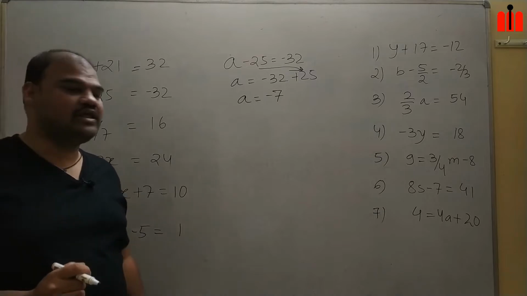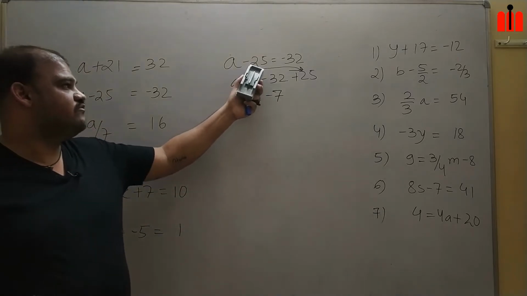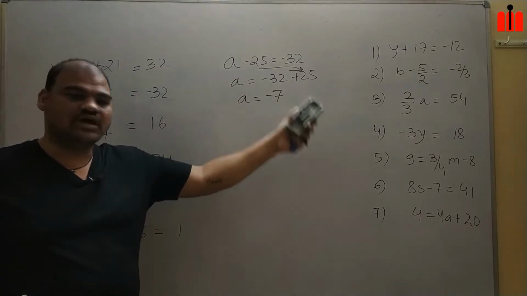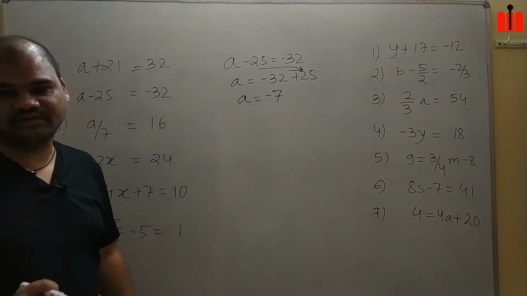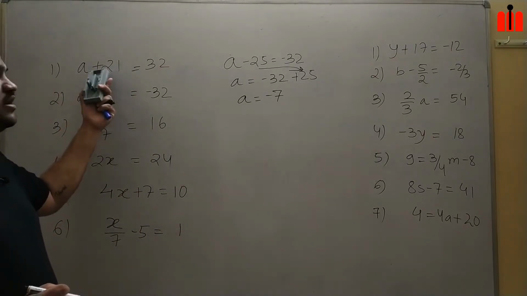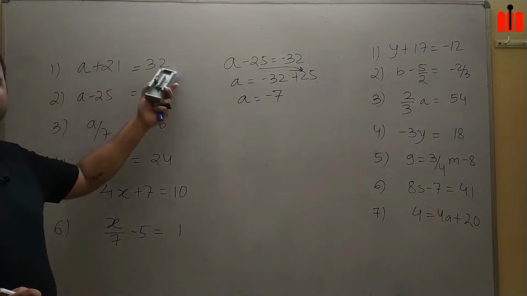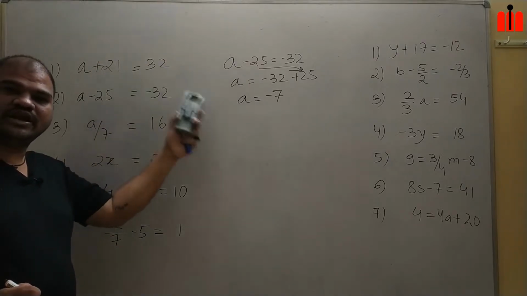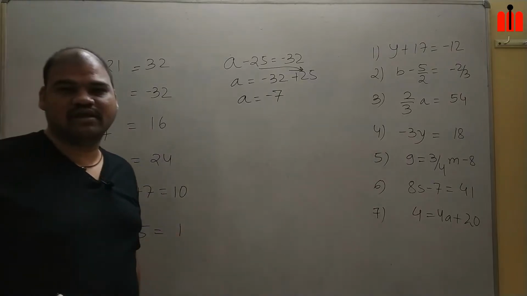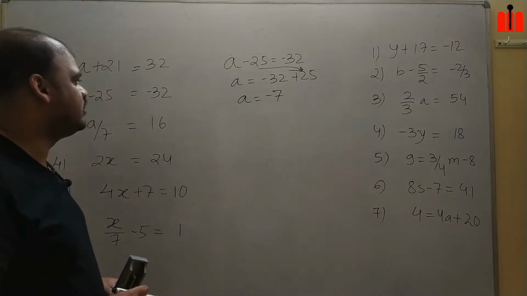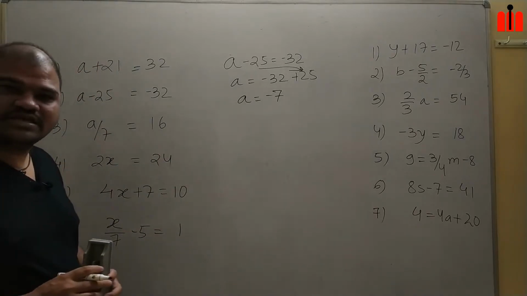So what have we learnt over here? Here we have learnt that whenever a number is in subtraction on one side, once it goes to the other side, it will be in addition. Here you see, first one, once it is in addition and goes to the other side, it will be in subtraction. Once it is in subtraction and goes to the other side, it will become addition. Are you getting it? So the value of A is minus 7.